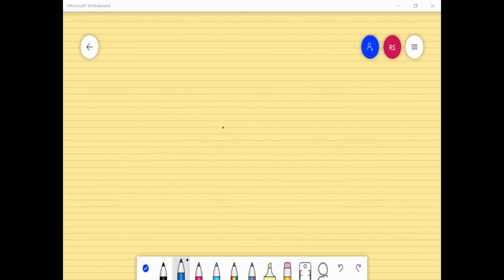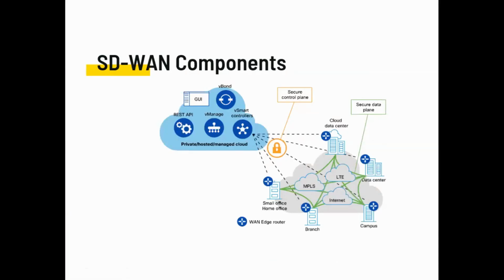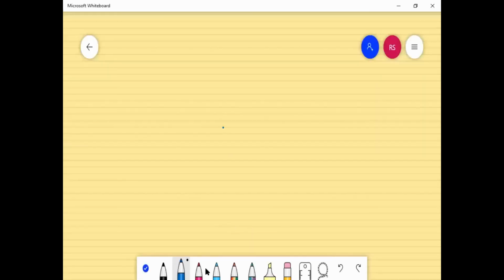Okay, if there are no questions, let me ask questions then, about what we understand so far. So questions for you guys. What are the two types of tunnels which will be created? Or maybe let me repeat the question in another form. Give me the tunnel names, because we have already talked about the tunnels.